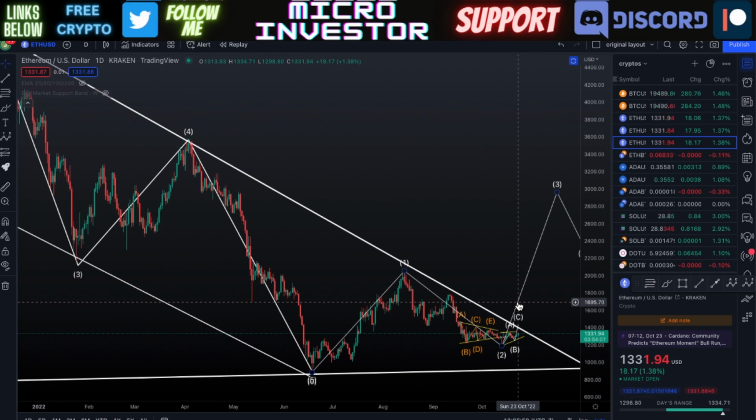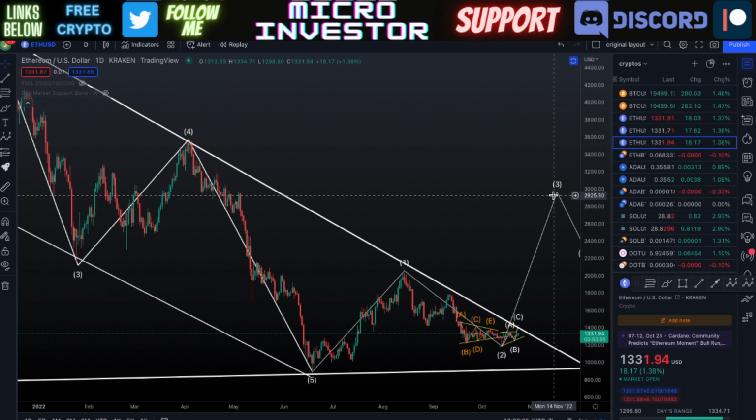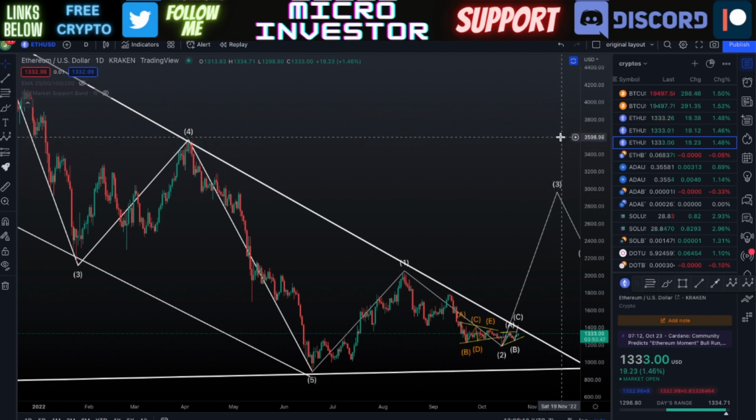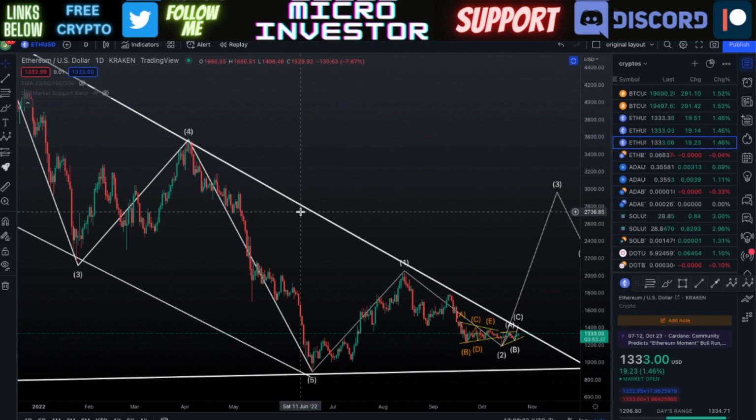So I'm not saying this is going to happen very fast, but I think where we'll see it complete its pump is at that $3,000 price or even higher. If it was to go all the way up to complete where this wave 4 was, there's a possibility we can see it go to around $3,600. And then I'm not sure about where our wave 4 or 5 would be. I don't want to get too far ahead of myself with those.